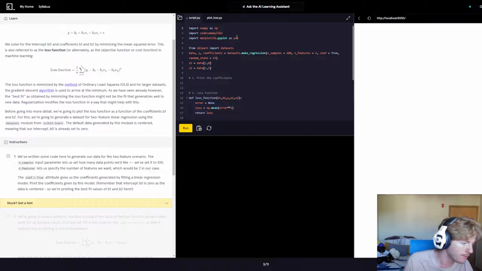case. The coef_ attribute gives us the coefficients generated by fitting the linear regression model. Print the coefficients given by this model. Remember that the intercept b0 is 0 as the data is centered, so we're printing the best fit values of